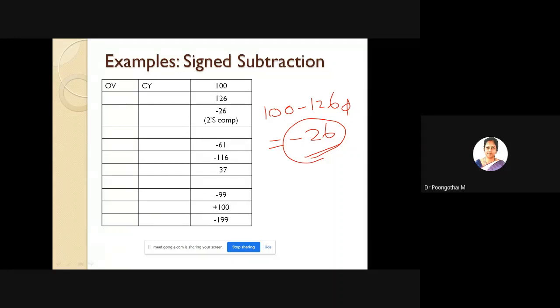And this being a negative number, your carry flag will be set to 1 and overflow is 0 because it is within the limit. And this negative representation indicates that the number is in 2's complement form. Again, we have to get the original form by complementing and incrementing the number. Let's do it in the simulator for this example.